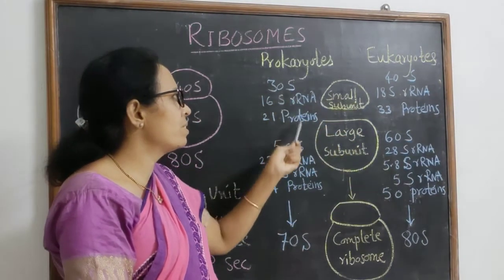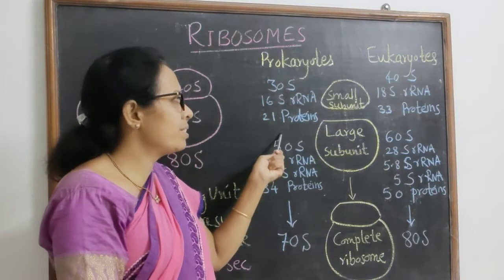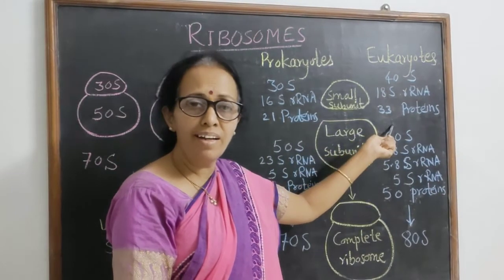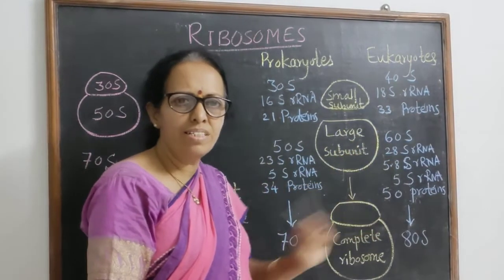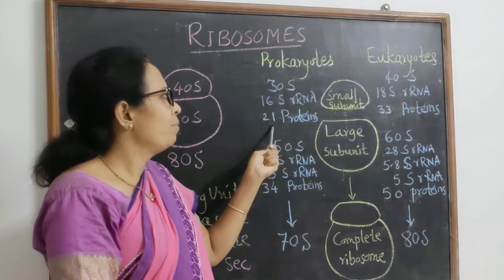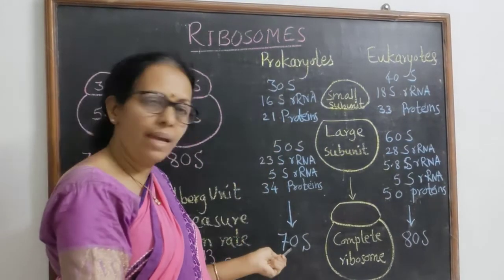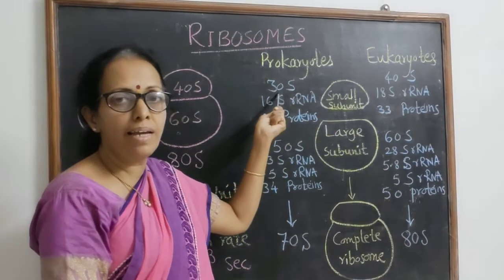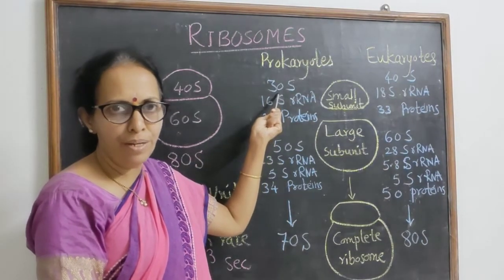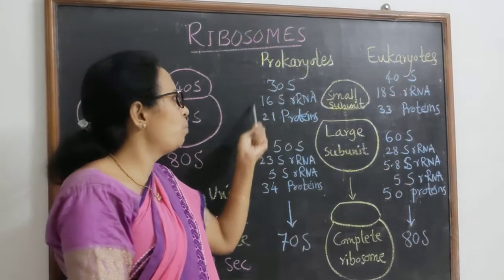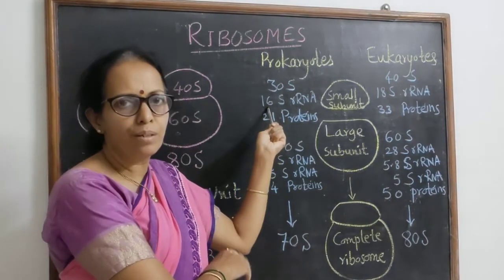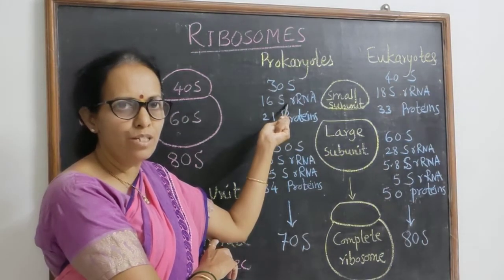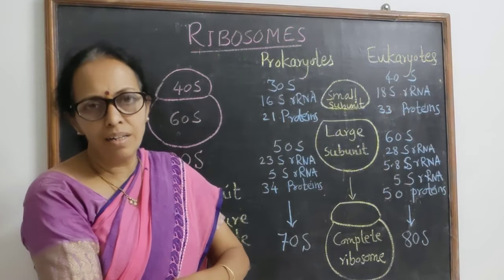We will see the structural arrangement of the 70S type and compare it with how the eukaryotic 80S ribosome is assembled. In the 70S ribosome, the smaller subunit is 30S, 30 Svedberg units, and it is composed of 16S rRNA,